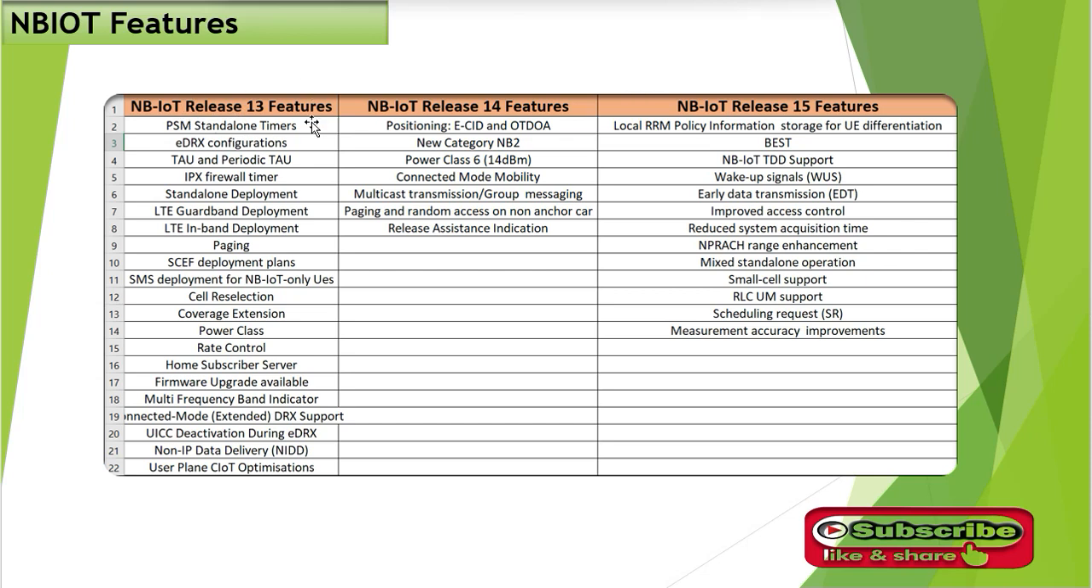In NB-IoT release 13 features, you can see PSM standalone timers, eDRX configuration, TAU and periodic TAU, IPs for VoLTE timer, standalone deployment, LTE guardband deployment, LTE in-band deployment, paging, SCEF deployment plus SMS deployment. The most important thing, there is no mobility management or handover mechanism in NB-IoT. It is for stationary only. While LTE machine is also for mobility, meaning there is a handover mechanism also. Okay,